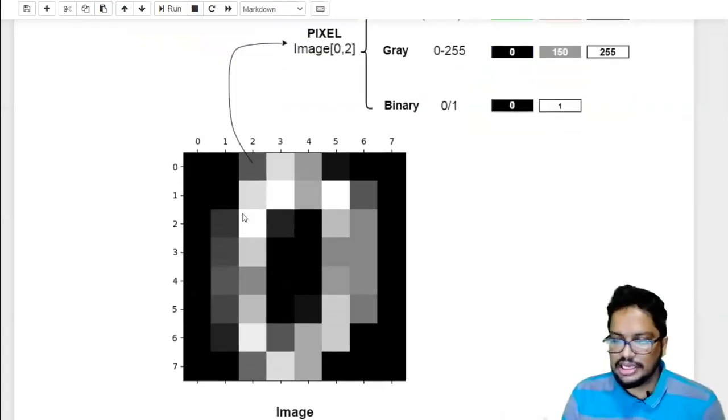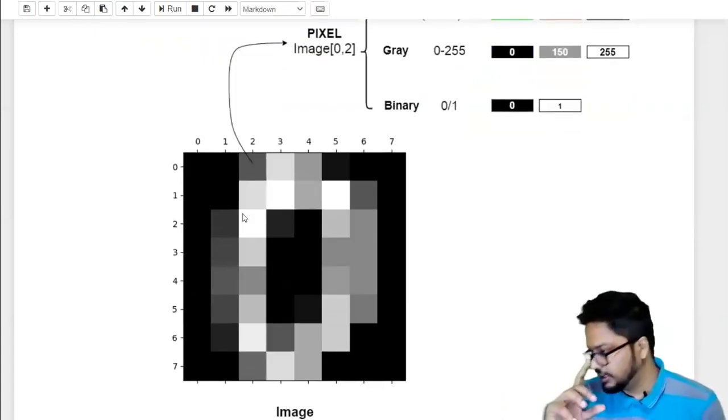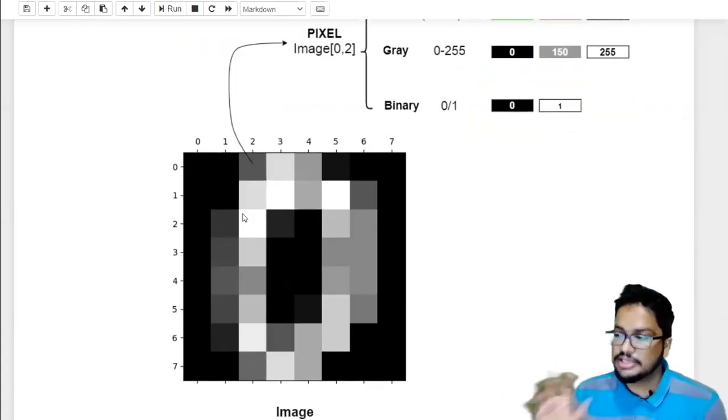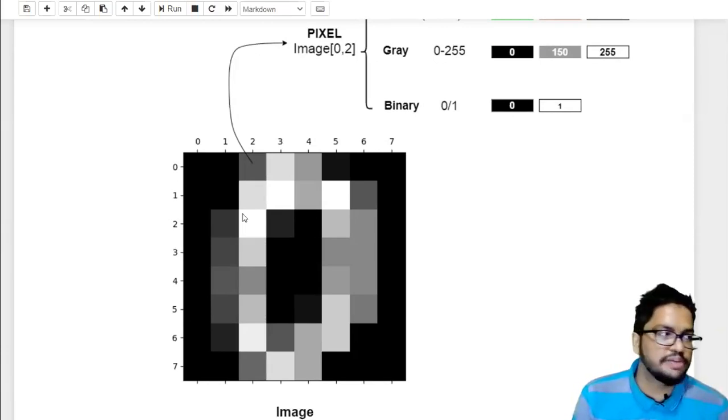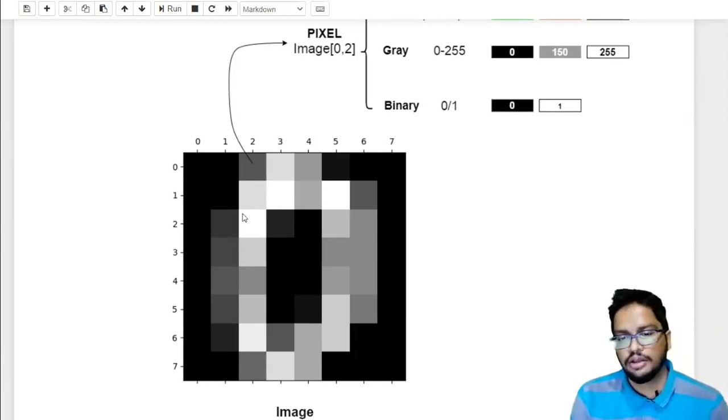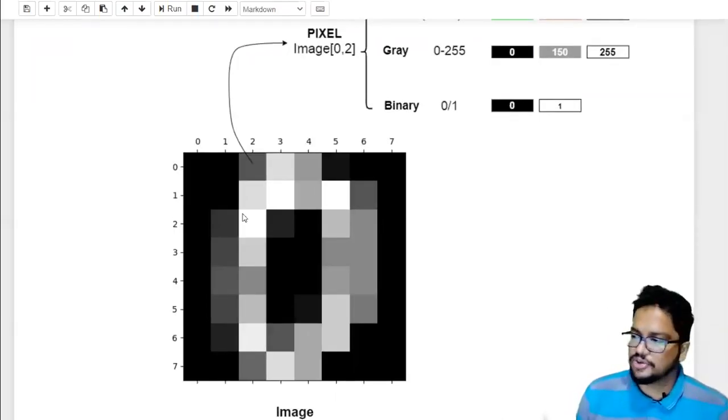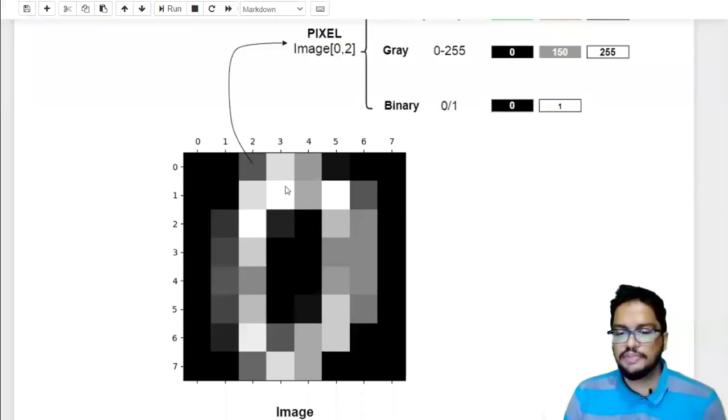Sorry, an image is a two-dimensional array in computers. So in computers, we can save an image as a 2D array. In color it becomes 3D, but for now we will think of it as a two-dimensional array which has rows and columns, right? So that means, since this is a 2D array,